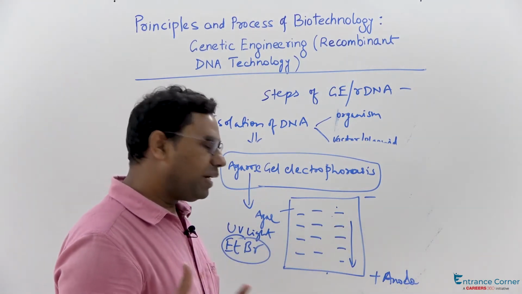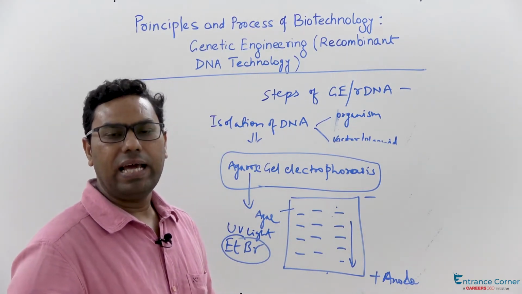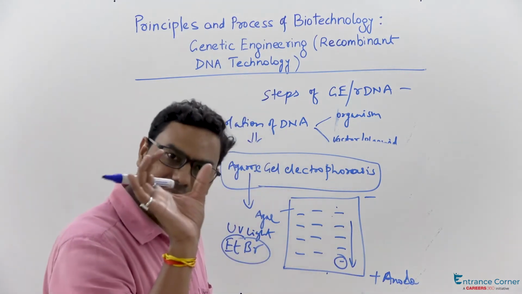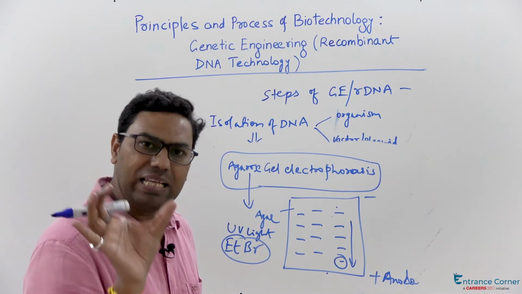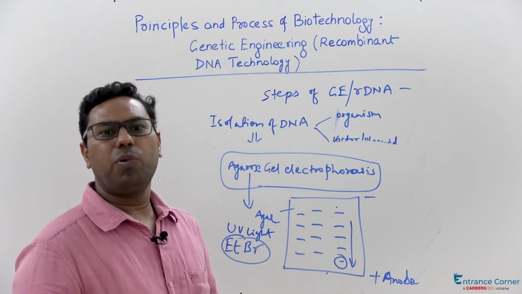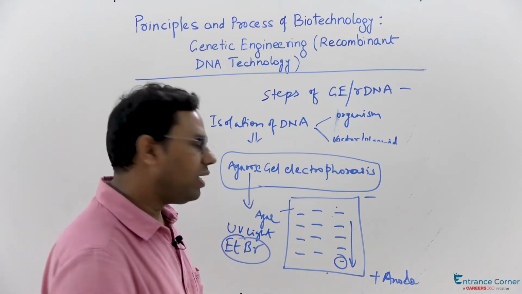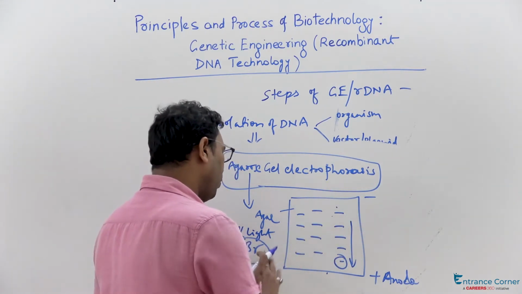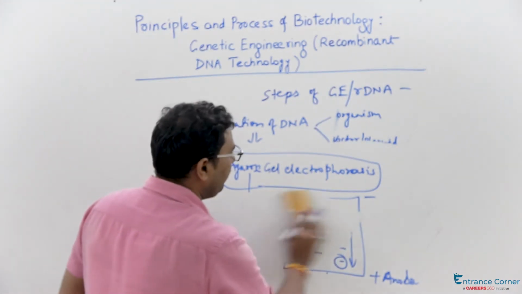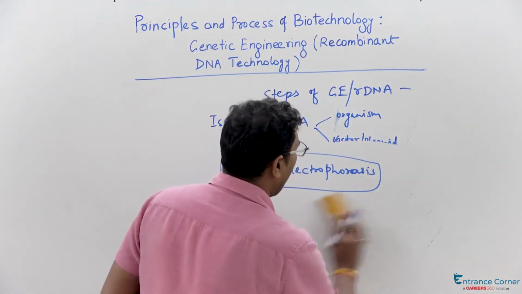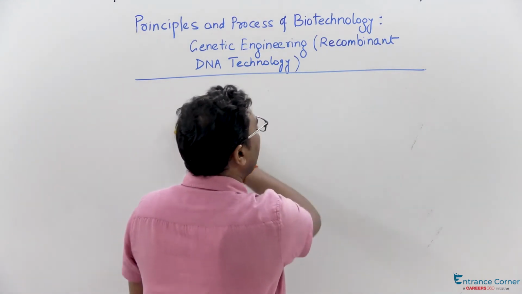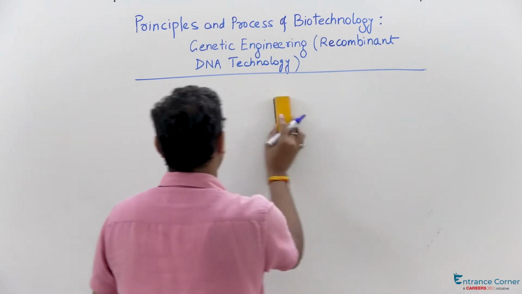So the plate has been recognized by the UV light, and on the basis of that, a certain fragment that has a certain base pair length can be identified, recognized with the help of the probe molecule that you have already put on before inserting into the UV light. So with this, once we have the idea about our fragmented molecule, the DNA of our interest, the next step would be to